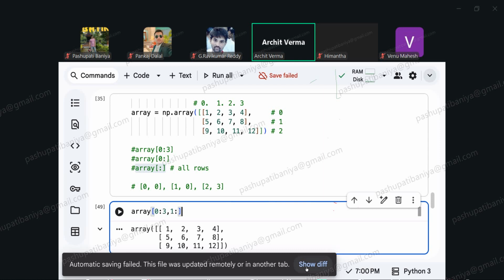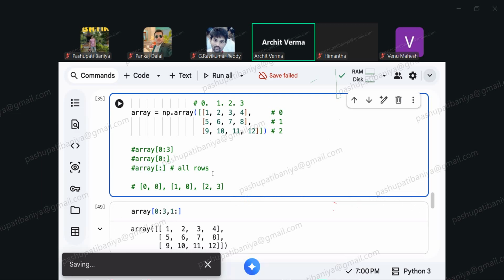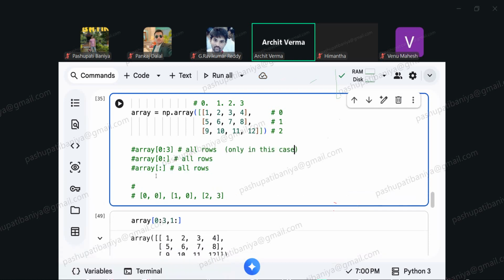So for accessing the column, this is also accessing all the rows, this is also accessing all the rows, only in this case, because here we have only 3 rows. So 0, 1, 2, accessing all the rows. Then we want, for example, if I say 1 colon,